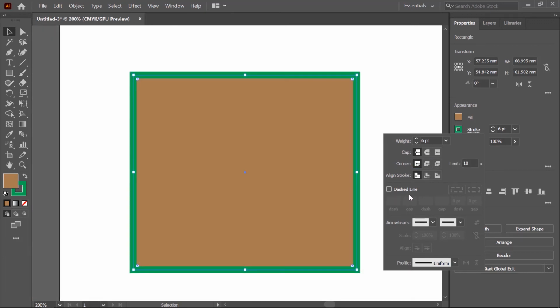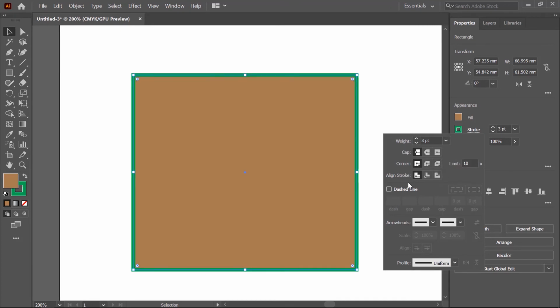Next parameter is dash line. First I reduce the stroke width. I set it to 3 and then click on this checkbox. Dash line is applied on this stroke. With the dash parameter 4 point and gap 2 point, it means this stroke dash is equal to 4 point and this gap is 2 point. And these two options are for fixing the corner problem. If there is any problem on the corner, click on the second option, so this problem will be fixed.